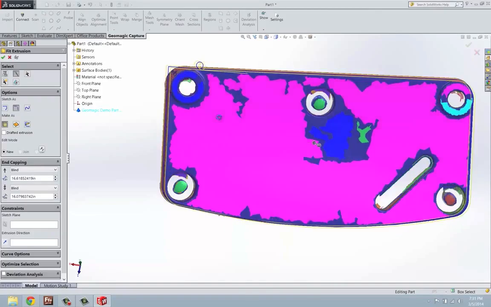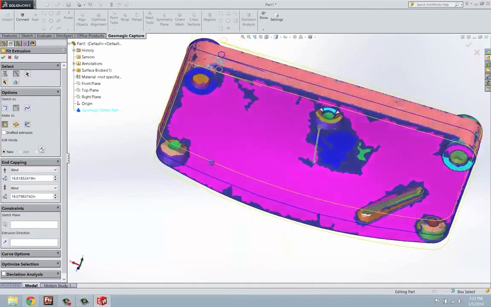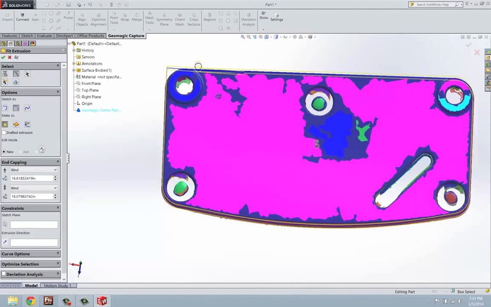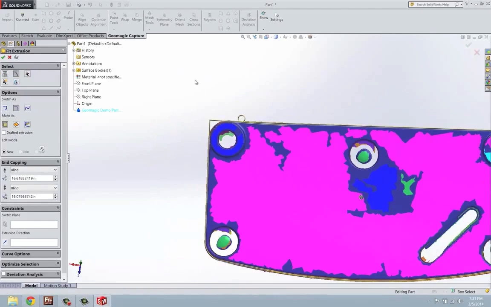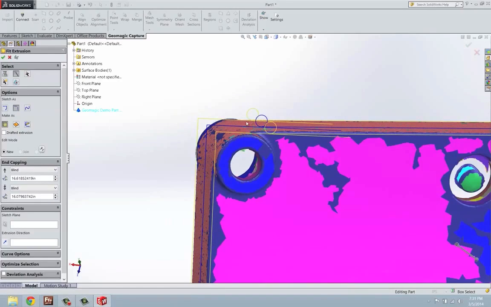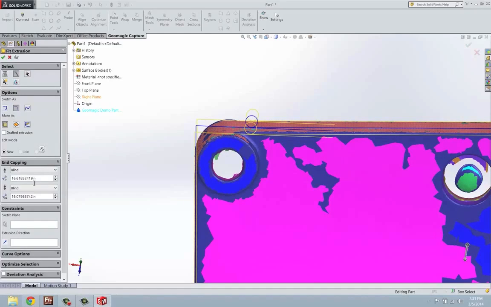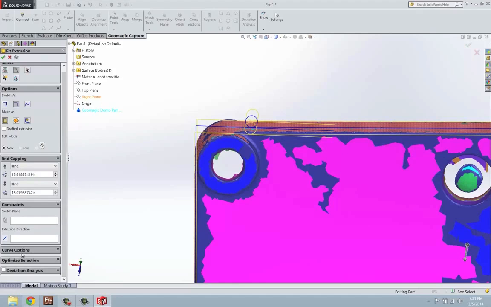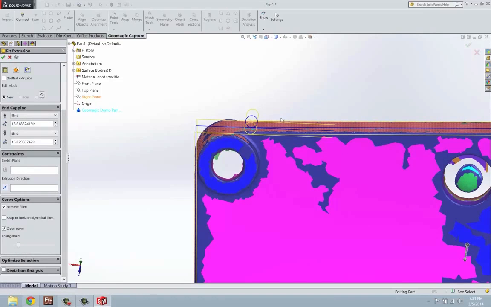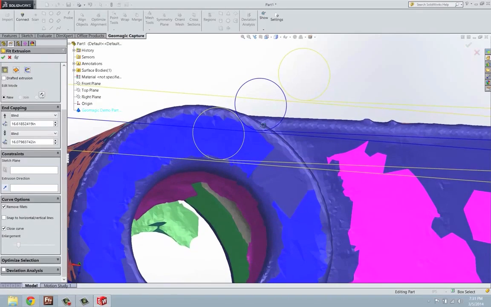Well, that's fine. Sometimes this doesn't happen, and that's why I like showing this part, because this kind of goes through all the basic necessities that you'll need to know to make everything work correctly. So the next thing we're going to do is, if you see something like this where it's not 100% capped off,